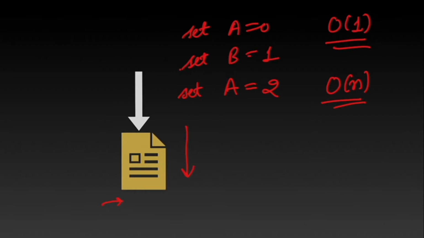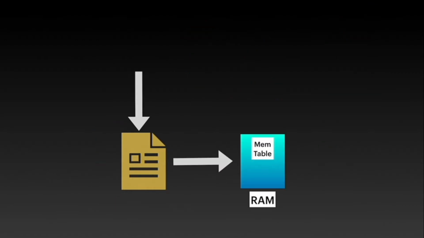So what can we do here? There is a solution for this problem. We can try building an index on top of the log file. People suggested that whenever you are appending anything at the bottom of the log file, we can write the same record in an in-memory data structure known as a memtable. A memtable is a sorted in-memory data structure.